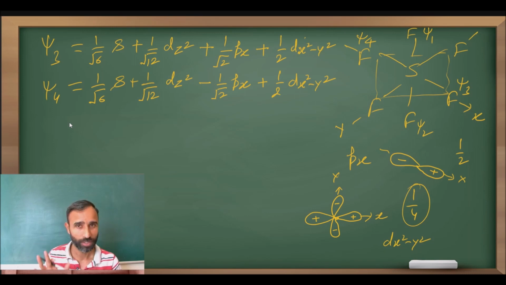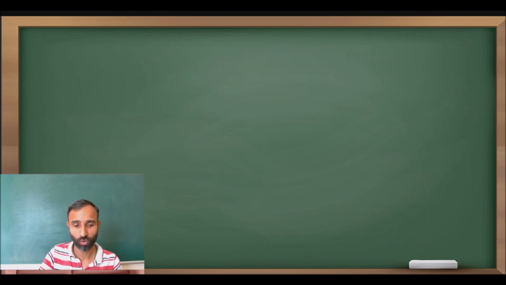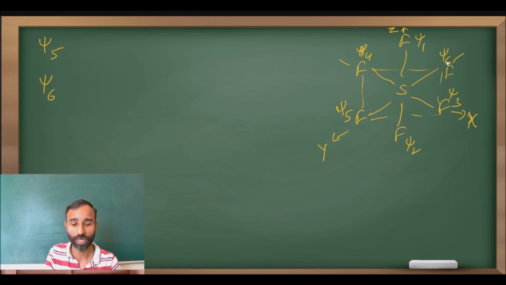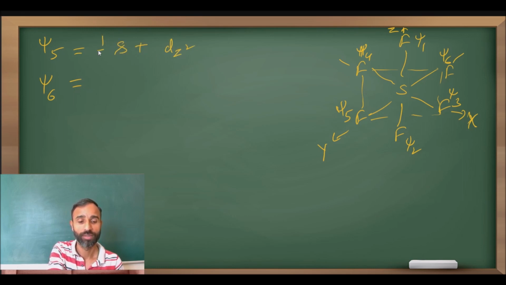तो चार ऑर्बिटल अभी तक हमने हाइब्रिड ऑर्बिटल की स्कीम ड्रॉ कर ली, अब बचे दो। अब दो कौन से बचे, psi5 एंड psi6। देखो ये था psi1, ये था psi2 जो z एक्सिस पे थे, और ये था psi3 और ये था psi4 जो कि x एक्सिस पे थे। अब आओ y एक्सिस पे, तो y एक्सिस पे जो है वो ले लिए हमने psi5 एंड psi6। अब कौन कौन से ऑर्बिटल होंगे, देखो psi5 psi6 से s तो होगा ही, dz² भी होगा, s का कंट्रीब्यूशन कितना था 1/√6 का, dz² का कितना था 1/√12,